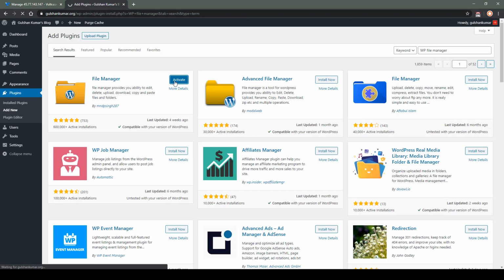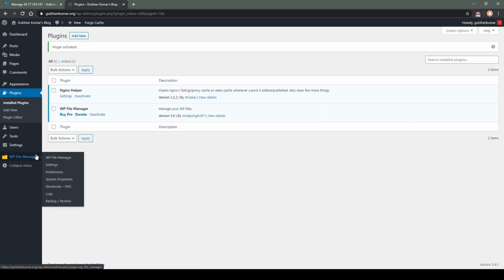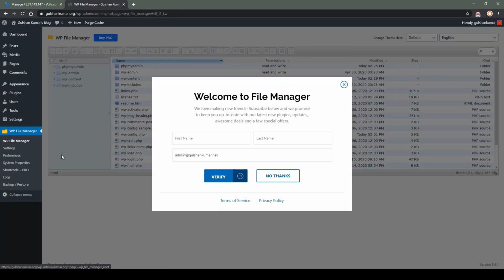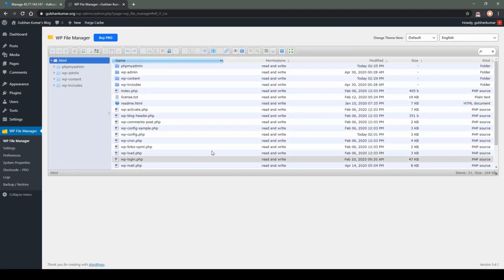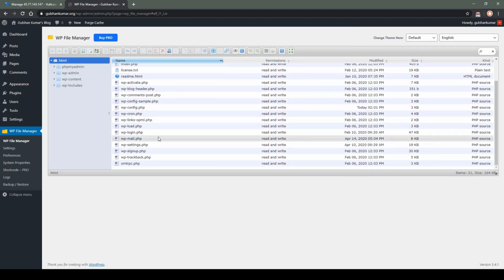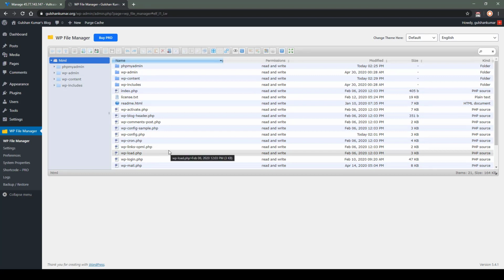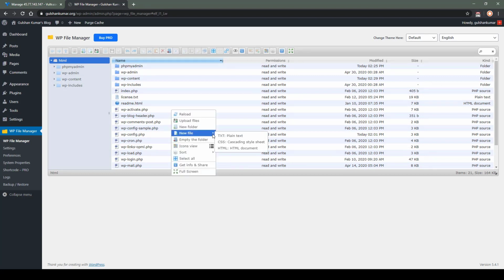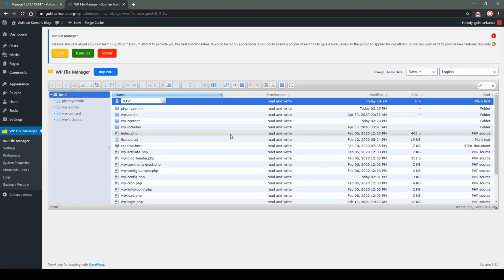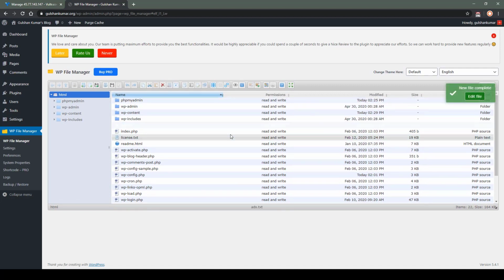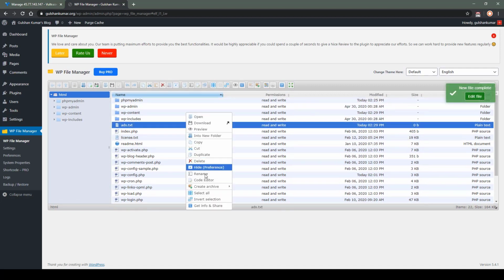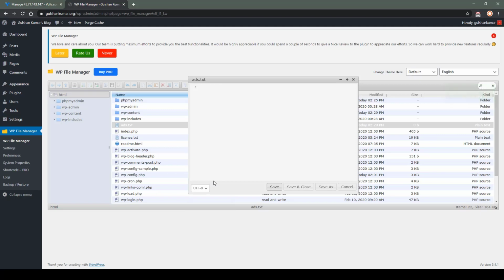After then, activate and go to the file manager. No thanks. And here we can add an ads.txt file easily. New file, plain text, ads.txt. Here you can edit using the code editor.